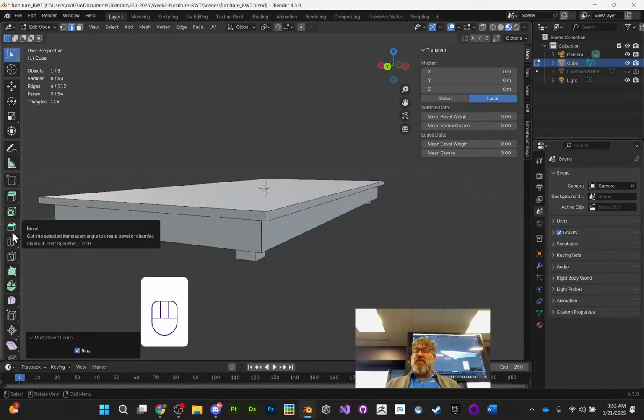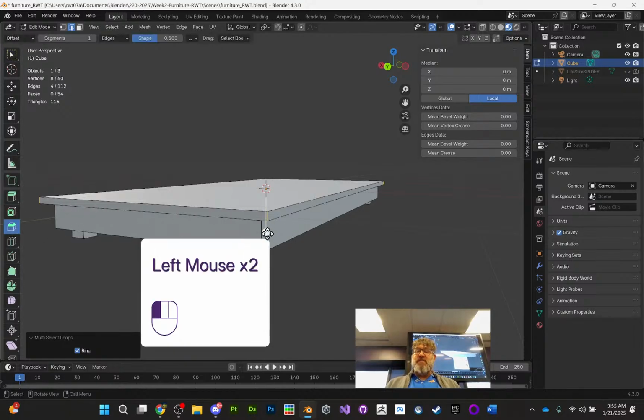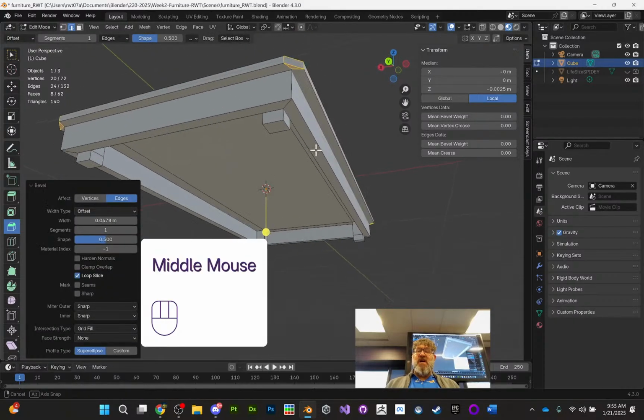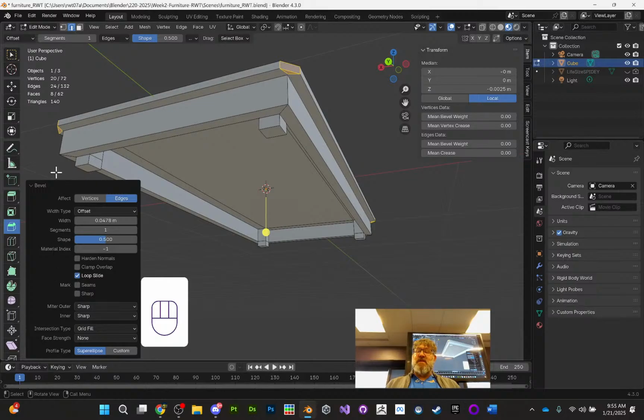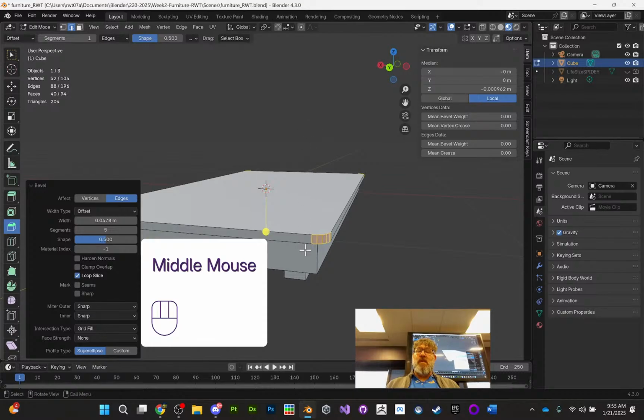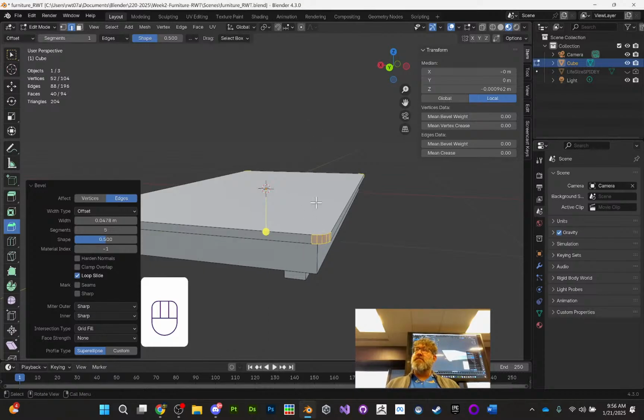I'm going to use this bevel tool here. So I'm going to click on that guy, grab this arrow, and pull. You can see if we overdo it, we get super wonky. So I'm just going to come in a little bit. So we've just cut the edges off. And when this pops up here, I can add segments and make that rounder. So I'm going up to like 4 or 5, make that a nice round edge. Still a little sharp on the bottom, but now we're not quite in as much danger of Junior poking his eye